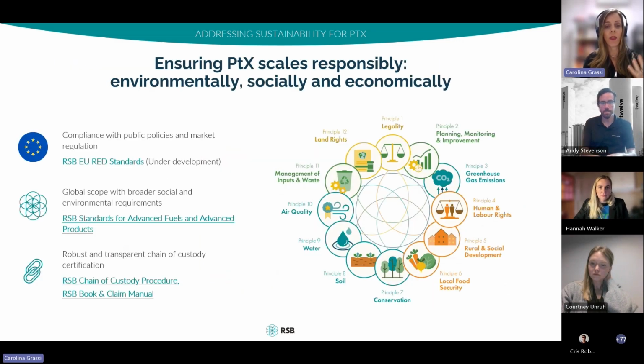And the first thing that we need to know to ensure that PTX technology is being scaled responsibly is that it's essential to have a strong sustainability framework that describes the specific requirements related to the technology, requirements that include renewable electricity and water use, carbon source, and carbon emissions. Also, we need a robust and transparent chain of custody certification and a holistic approach to sustainability that includes environmental, social, legal, and management aspects, such as the RSB 12 principles and criteria